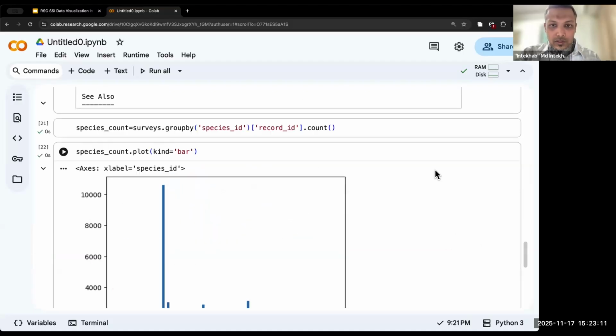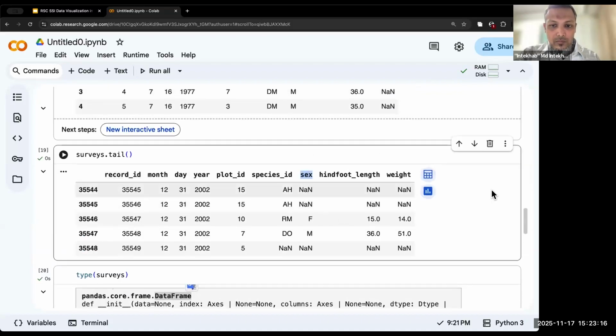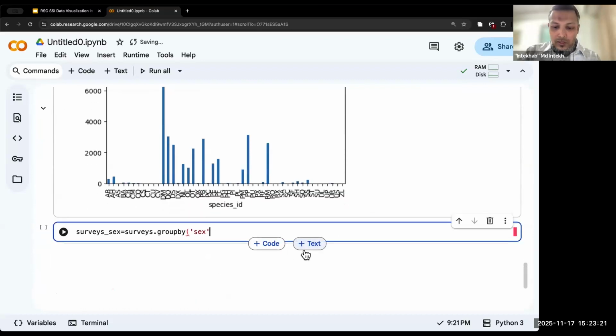This may be important. The spelling may be, yes, it's all small letters. So yeah, all small letters. And then we're going to count the record ID. That also in quotes. Record ID, close quote, close square brackets, dot. Now